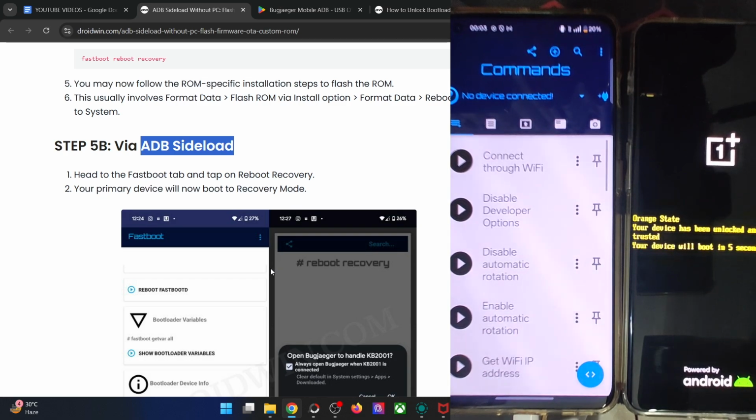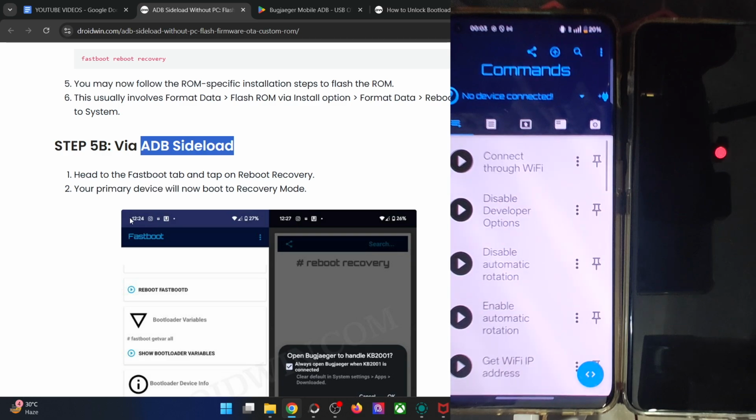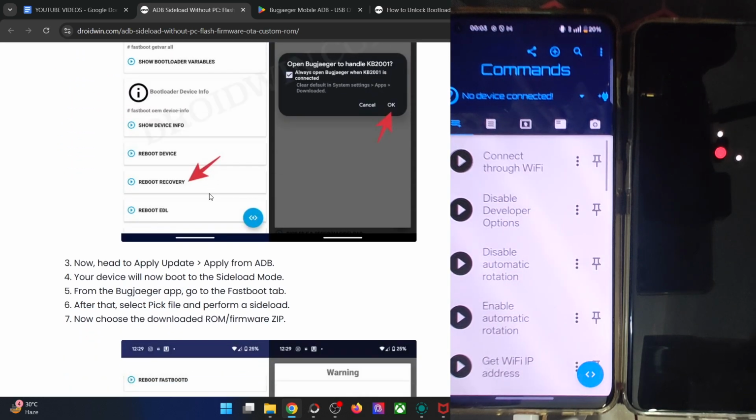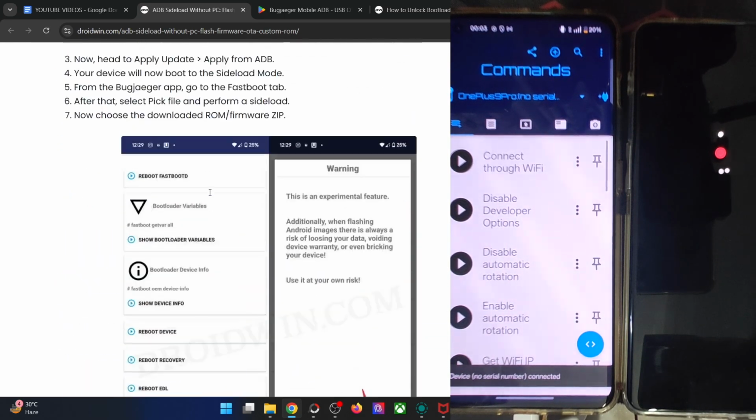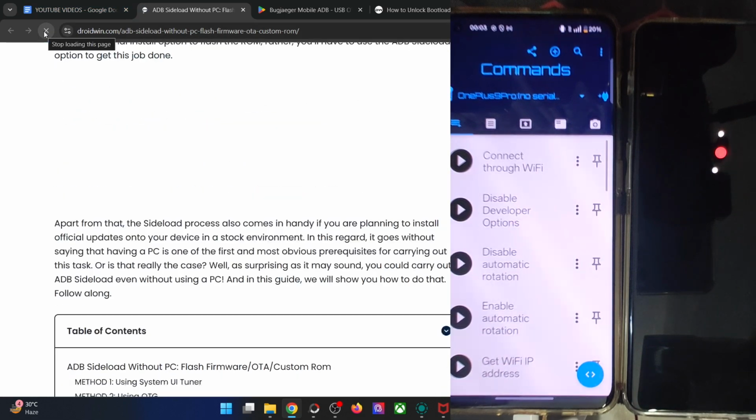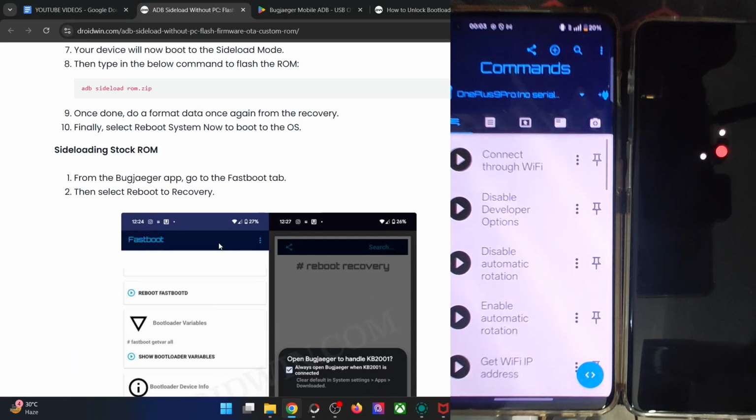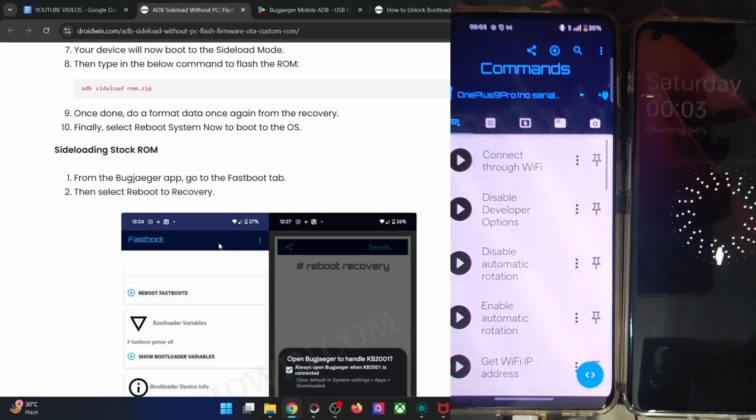This is the first one, and we'll start off from scratch. First and foremost, you have to boot the phone to the fastboot mode once again, and from the fastboot mode, you will then have to flash the IMG files, the partition IMG files onto your phone. So please make sure that all the files, the ROM and the IMG files, are there on your secondary phone for now. In my case, all the files are there on my OnePlus 9 Pro only.